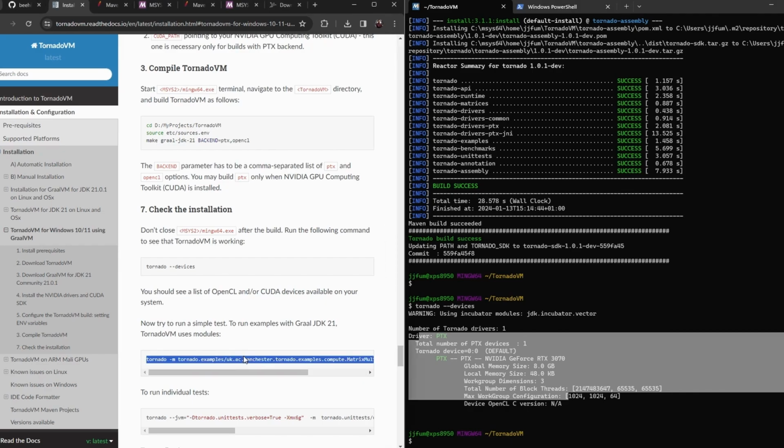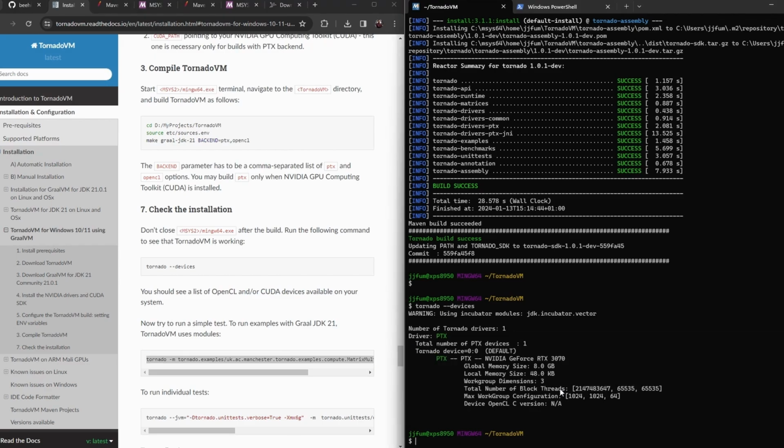Let's say we're going to run now, because the default is PTX, we're going to run with that backend. In a separate video, I might explore how to run and tune applications. Let me know in the comments below if you want to see that. But let's try this application. This is a matrix multiplication, parallelized in 2D, so to access thread ID X and Y. And this is the